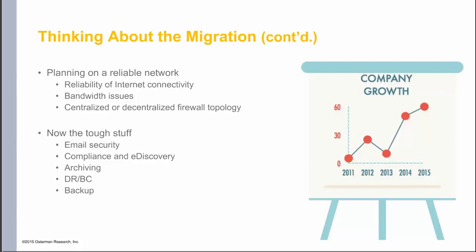Then you need to focus on disaster recovery and business continuity. And that's one of the real advantages of the cloud is that Microsoft is going to be doing that for you, or whatever cloud provider you choose. They are going to be dealing with a lot of the disaster recovery and business continuity issues, but they can't deal with everything. You're going to have your own strategy, particularly if you have a hybrid environment where some of your data, some of your infrastructure is on premises. And then finally, backup. Again, Microsoft is going to back up the content in Office 365, but there may be content from your mobile devices, from on-premises systems and so forth that you're going to need to take into account. And so you'll have to have an integrated backup strategy that allows for backup in the cloud in some cases, as well as backup on site.